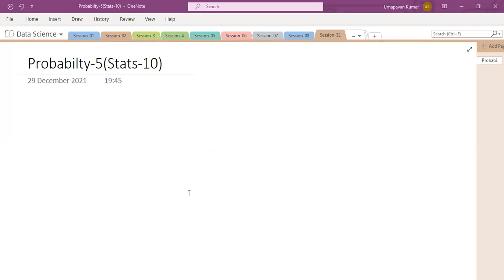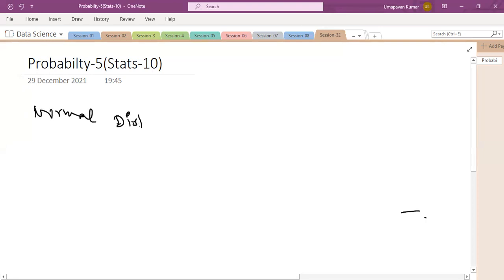Those numbers are also important, because if I'm talking about the normal distribution, these numbers are most important, friends. That 68, 95 and 99.7. And what is the relationship between mean and standard deviation in the normal distribution? The empirical formula goes with mean plus or minus 1 standard deviation, 2 standard deviations, and 3 standard deviations. So here in the normal distribution, what we have observed, friends, basically if you refer to the normal distribution,